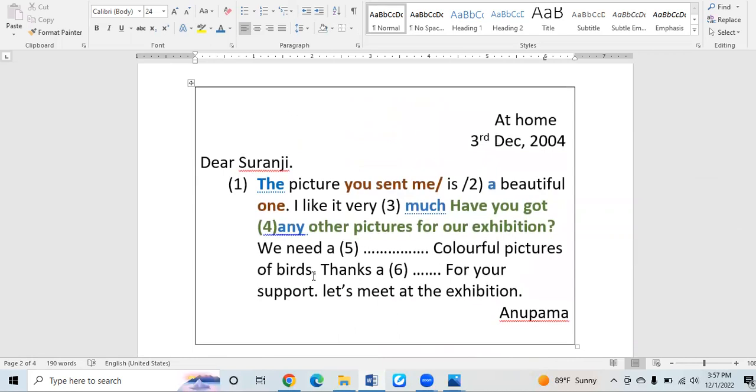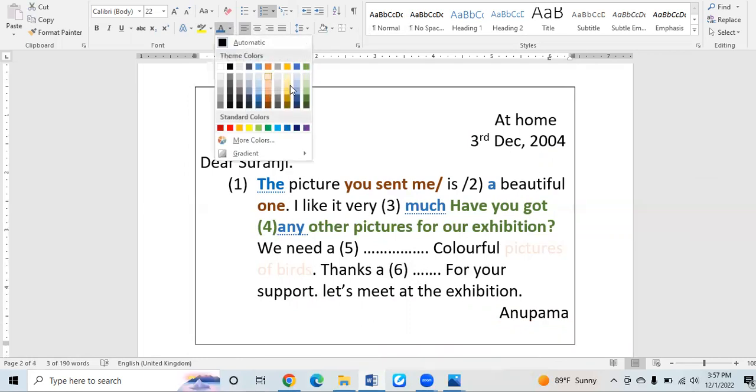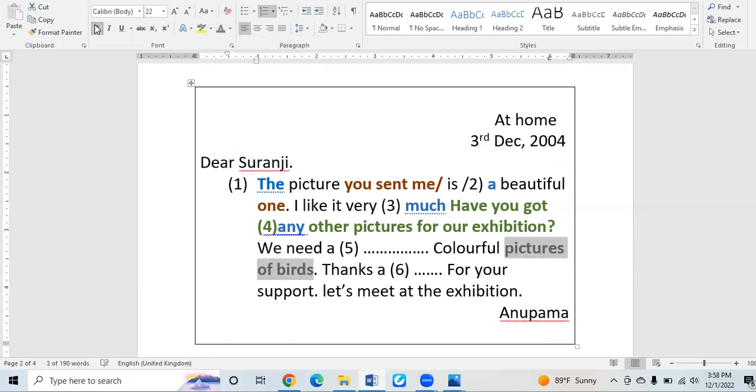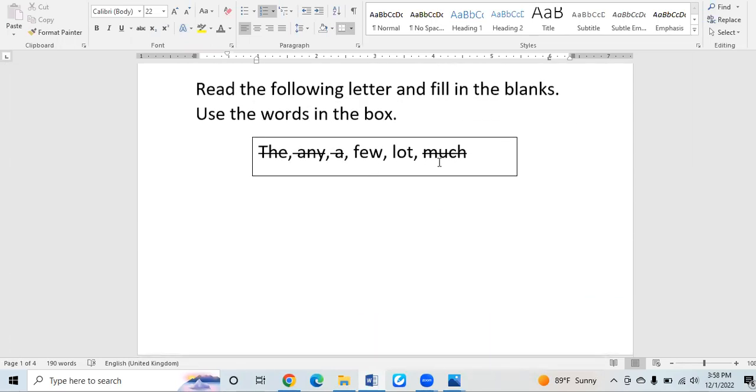So here, now look at, we need colorful pictures. Pictures of birds. Pictures of birds is countable. Okay. So you can predict it properly. It is countable. So "colorful" is an adjective here. Forget about the word "colorful" as it is an adjective. The noun is pictures of birds, that is plural, countable. So between "few" and "lot,"